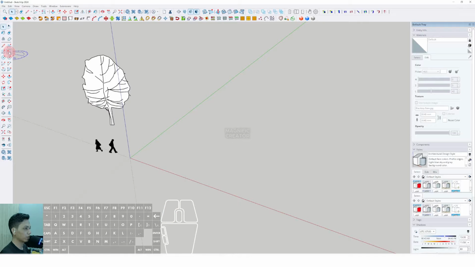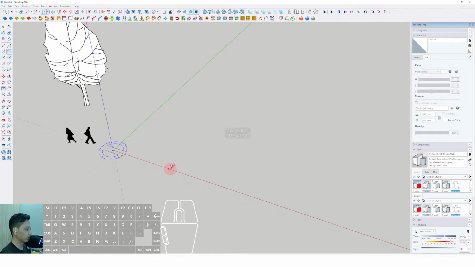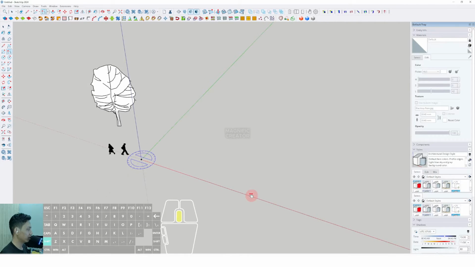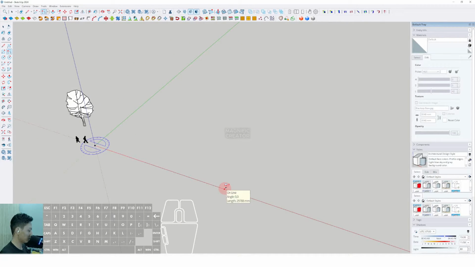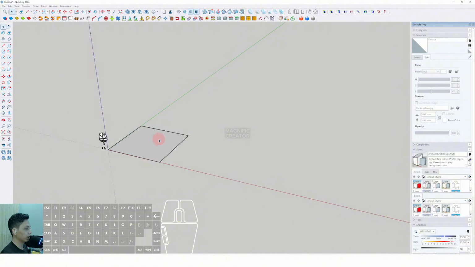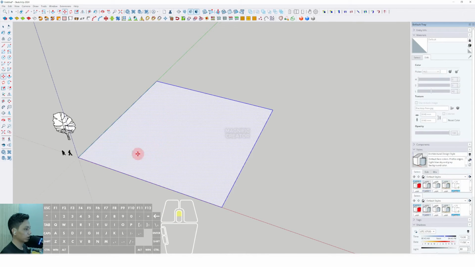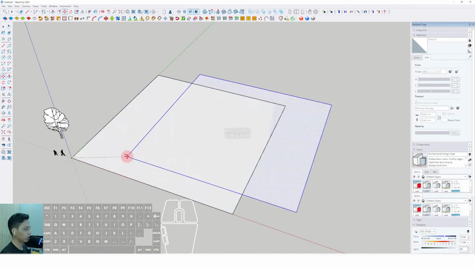We can use the rotate rectangle first, click from this origin, and set the length of this building, maybe around 40 meters, like this. And we can set the depth of this building around 40 meters also. Enter. Okay, then we can triple click this plane and select move, type control and click this point, and we